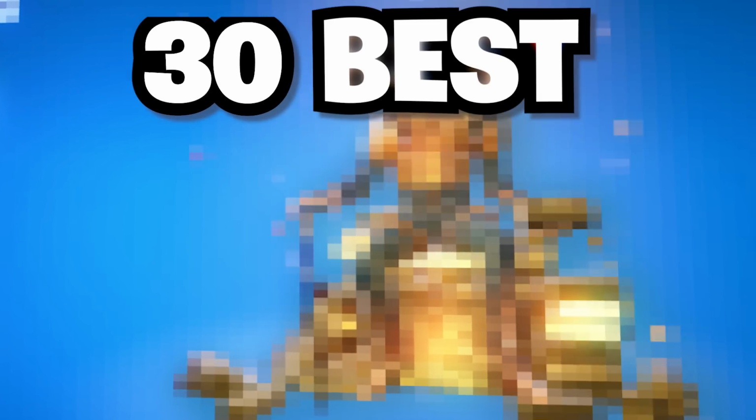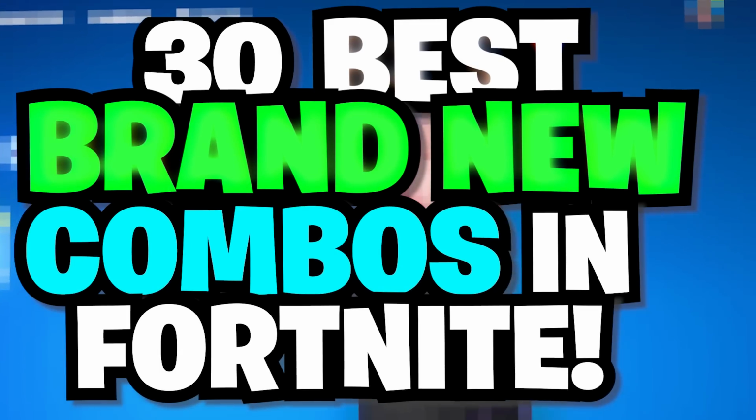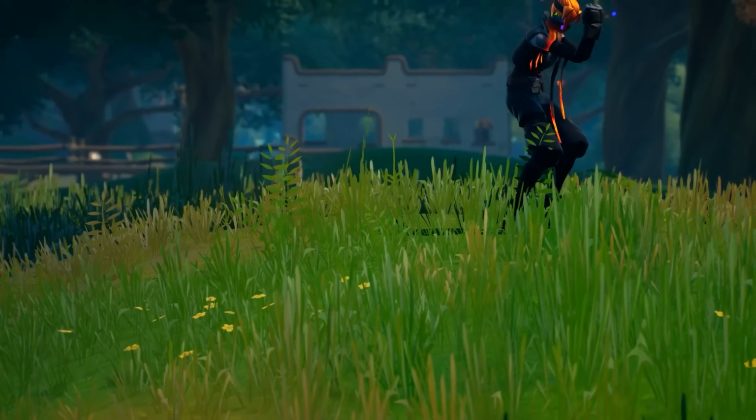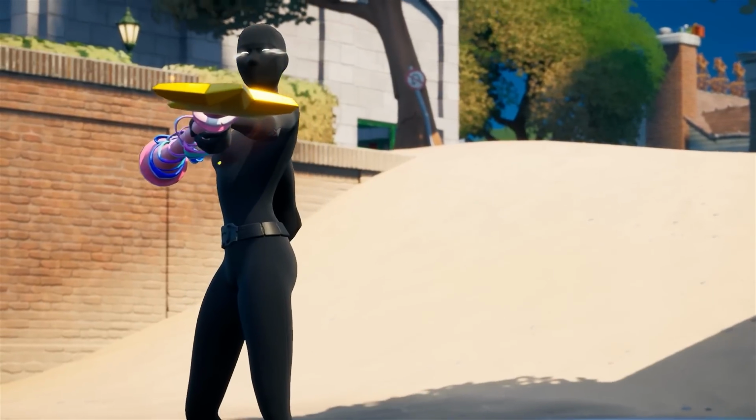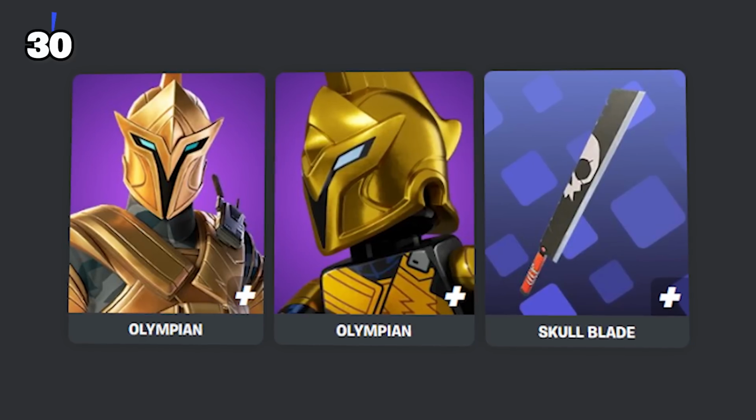These are the 30 best brand new combos in Fortnite. Every single skin in this video has been added to the game in Chapter 6 and is going to be perfect to use in Season 3. So let's just get straight into it, guys, and we are starting off with Olympian, and we are pairing this